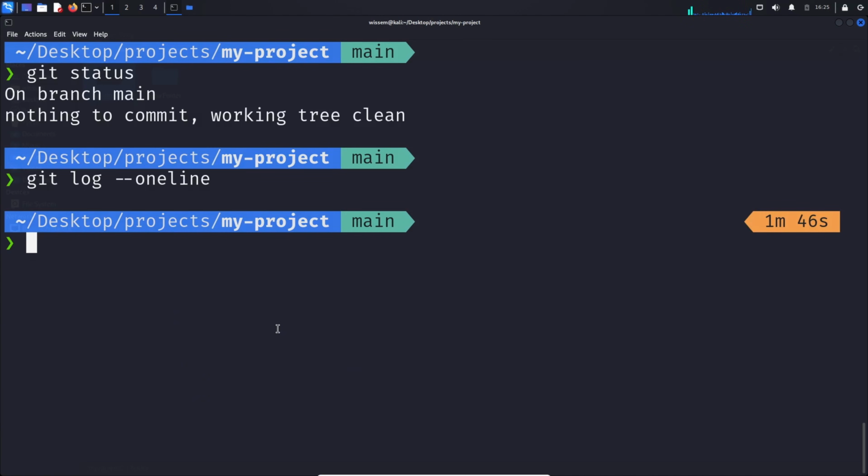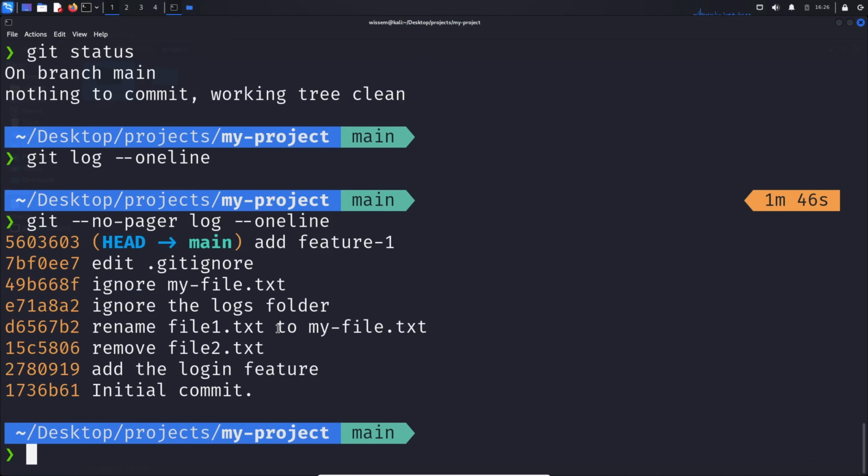So let's do that. We will do that using the command git revert, and then we specify the commit ID. So let's execute the git log command again to get the commit ID. I will use the --no-pager option. So we want to revert this commit, we want to remove the changes done during this commit. We do that using the git revert command, and then we specify the commit ID. So the commit ID here is